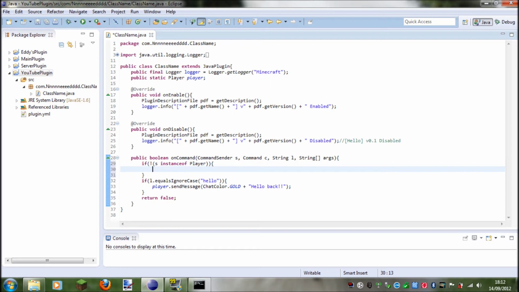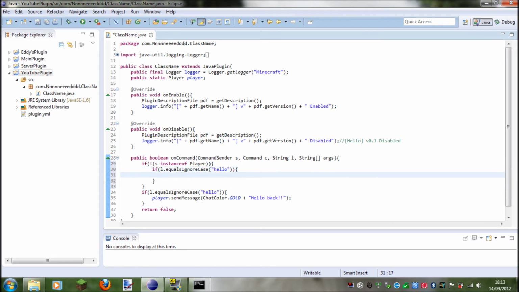So if the sender is not a player, i.e. it's the console, then what we want to do is type if L dot equalsIgnoreCase hello. So if in the console they type hello,